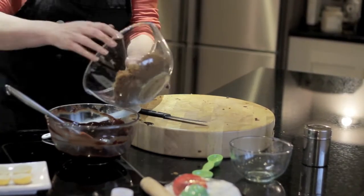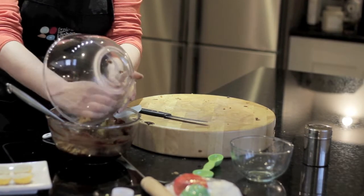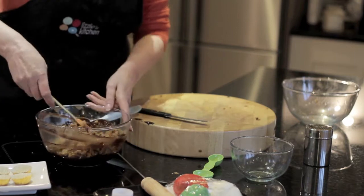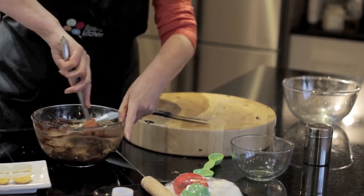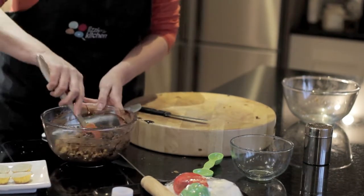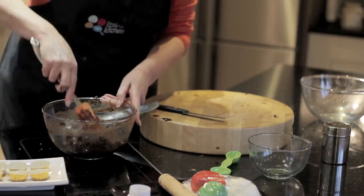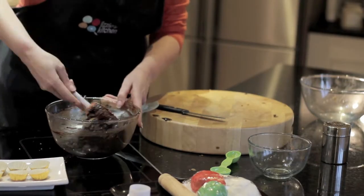So, and then I'm going to tip in the cake crumbs and give that a really good mix so everything gets covered with the chocolate. Okay, so that's our mix done. Now at this stage what you can do is pop it into the fridge. It's quite soft, as you can see, so you could put it into the fridge to sort of harden up, but if you wanted to you could go straight ahead,